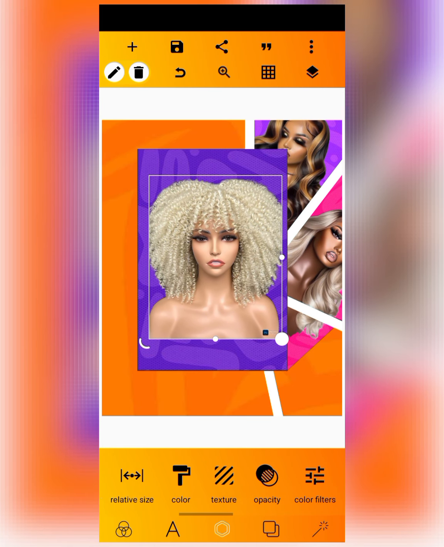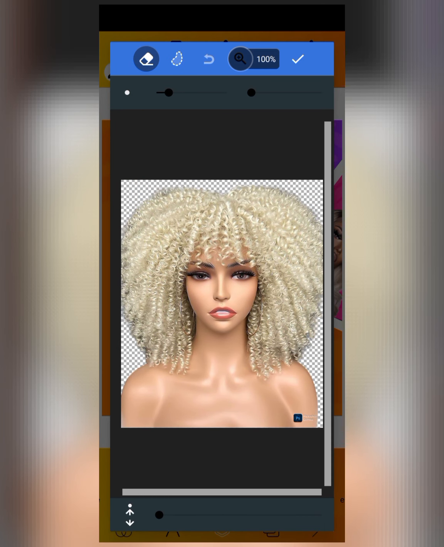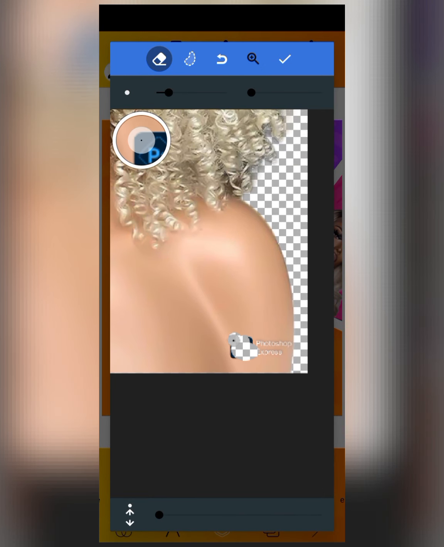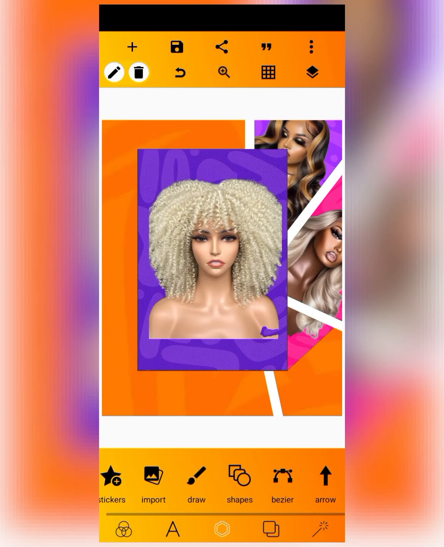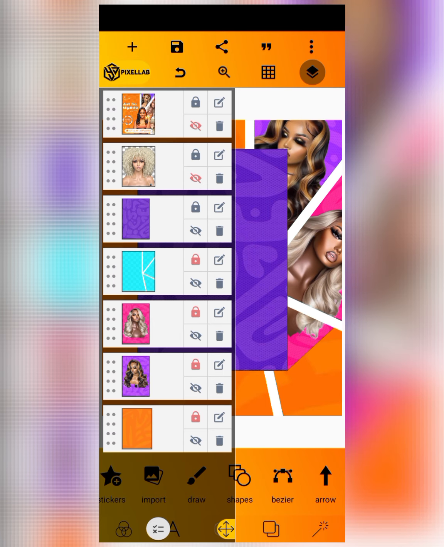Then you reduce the opacity. You clean out the watermark that I have. The watermark is also in the ones that are in the resources that are in the description. So just clean it, and also change the color